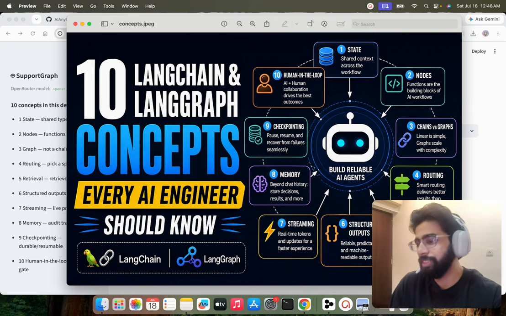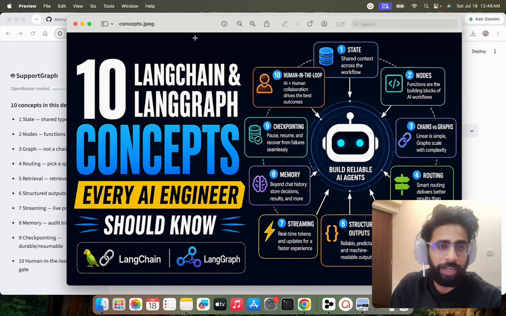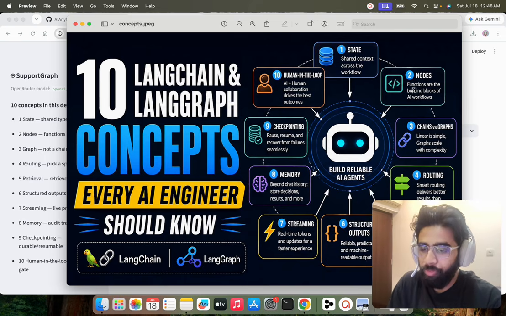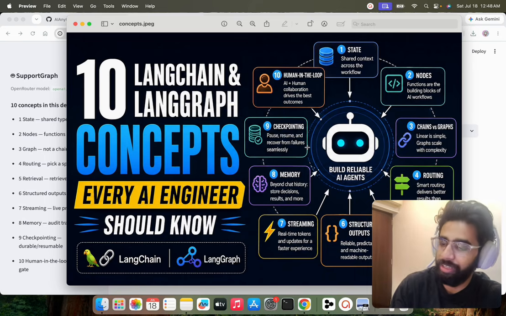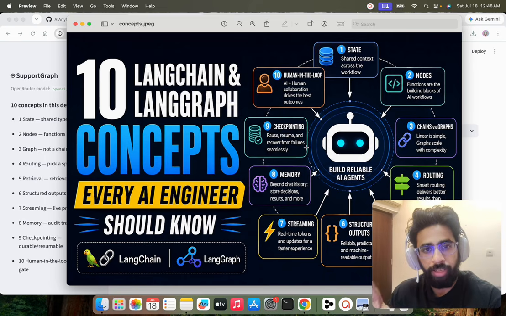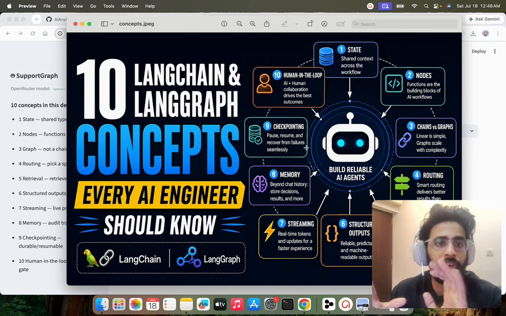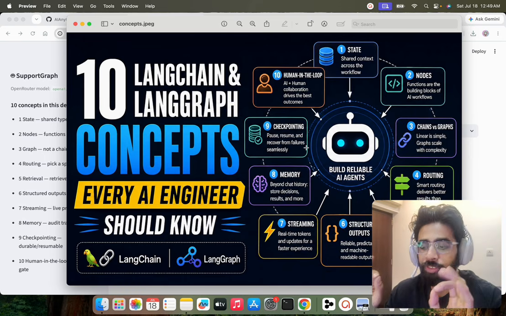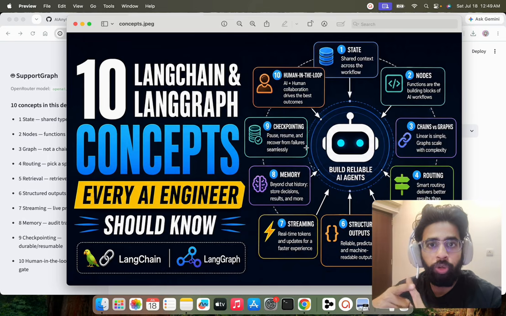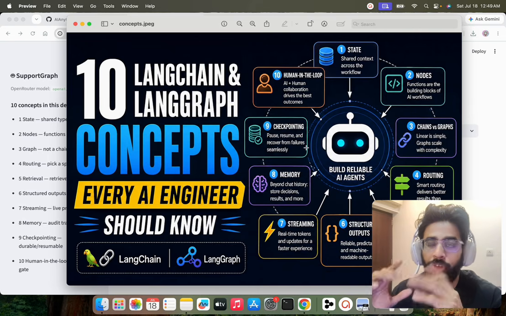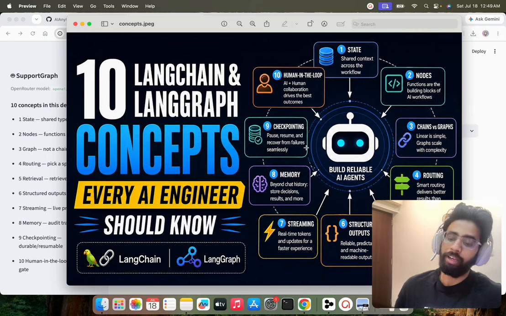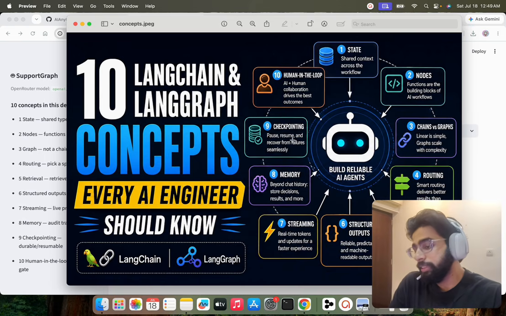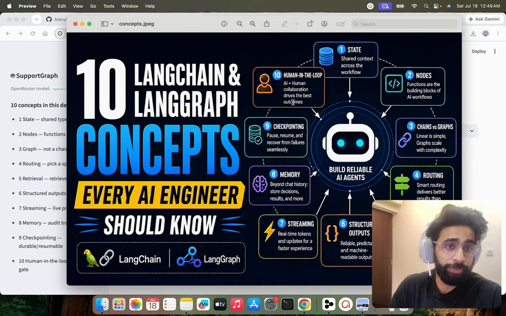So, if you look at here, I have this concepts.jpg file, which explains, on a very high level, these 10 concepts every AI engineer should know in 2026. If you are building AI agents by writing code, you have to use LangGraph. It's reliable, it's production grade. CrewAI, AutoGen, Agents SDK, Agno, Anthropic SDKs, Google A2A, all are fine as frameworks. LangGraph is on top. Nothing comes close to LangGraph because we're going to talk about why in a little bit. And here are these 10 concepts that you should know.